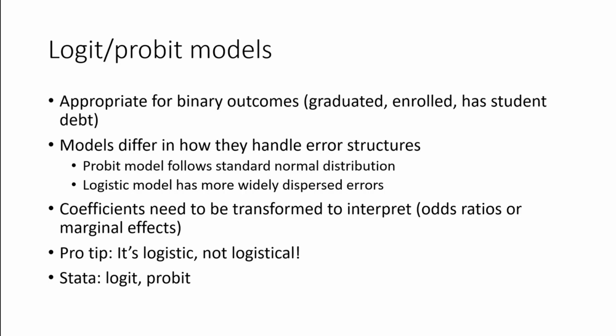And whether you do the logistic or the probit model, it's what does the distribution look like? The probit model assumes tighter errors or a tighter distribution of the data, while the logistic model assumes a more widely dispersed one. Now, the challenge with doing either logit or probit, and the logistic logit model is the one that's more commonly run,